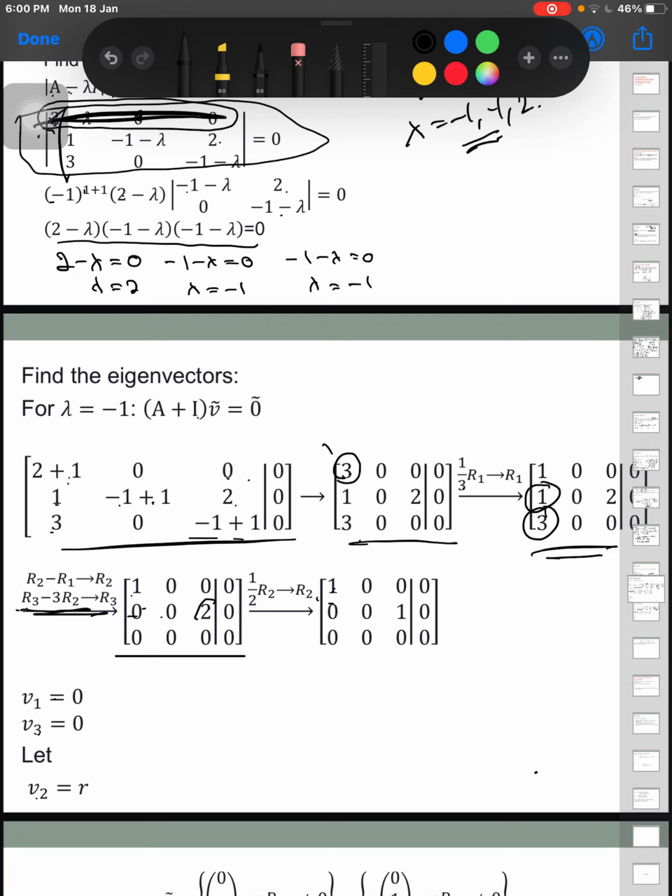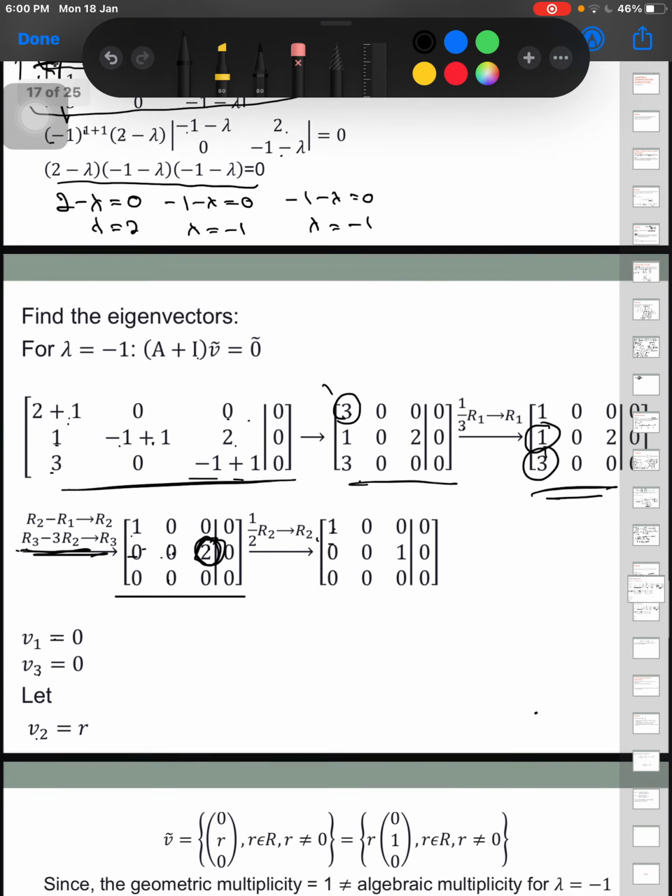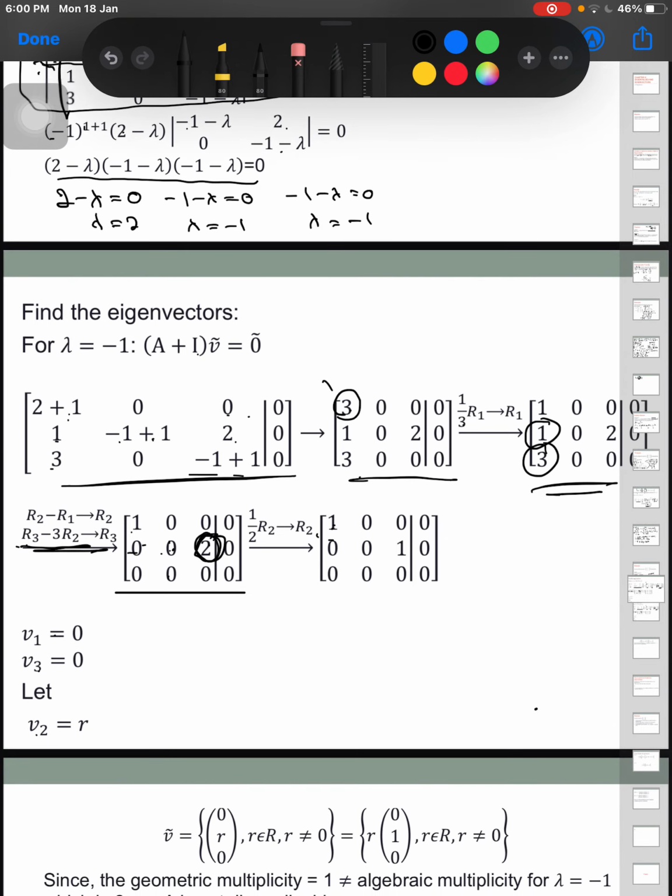Okay, so for the second row, make this one become leading 1. So here we cannot get leading 1, because this is zero and below is also zero already. We cannot swap rows either. So the other way, just take this one to become the leading 1, by multiplying row 2 with 1 over 2. Okay, so therefore we have V1, V2 and V3. Okay, so for this one leading 1 for V1, this one leading 1 for V3. Okay, so V2